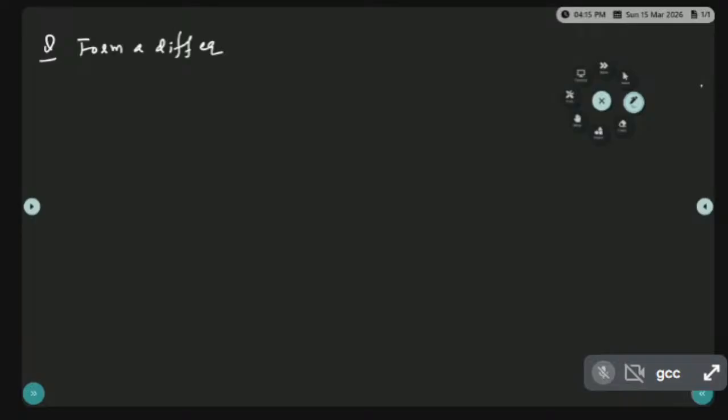Solve the Lagrange's. Second problem in Lagrange's multipliers. Okay. Right. Solve